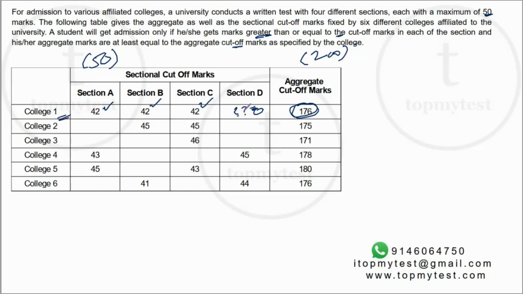Why can we be so sure that the cutoff is 0 or there is no cutoff? Because the question does not say that the cutoff is missing, right? A lot of people think that because each section should have a cutoff, right? Because of the preconceived notion, they think that there should be a cutoff and it is missing. The question very explicitly says that there is no missing information. There is nowhere mentioned that there is any missing information anywhere. So you cannot, just because in real life you will have sectional cutoff for each section, assume that there is going to be a sectional cutoff for this and this is missing.